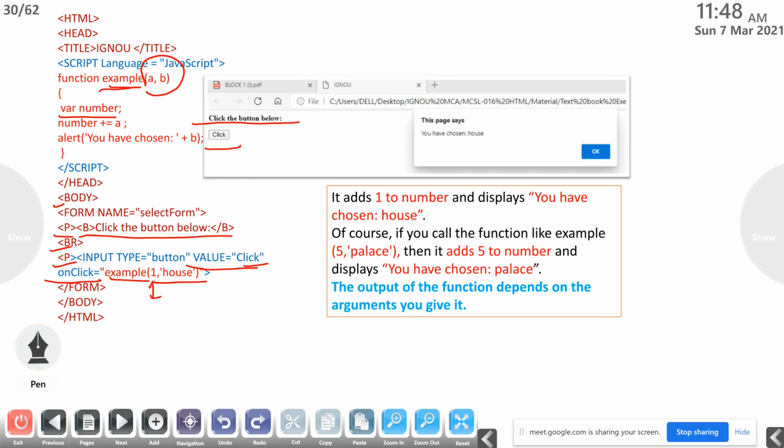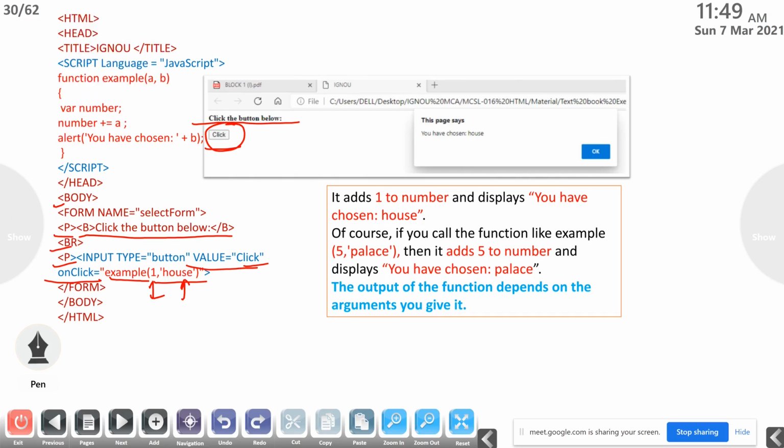So the first value is 1, it's an integer type or number type value, and the second one is house, that is a string type value. So when we click the button, what will happen? It will call the function example and pass the values 1 and house to the arguments a and b.